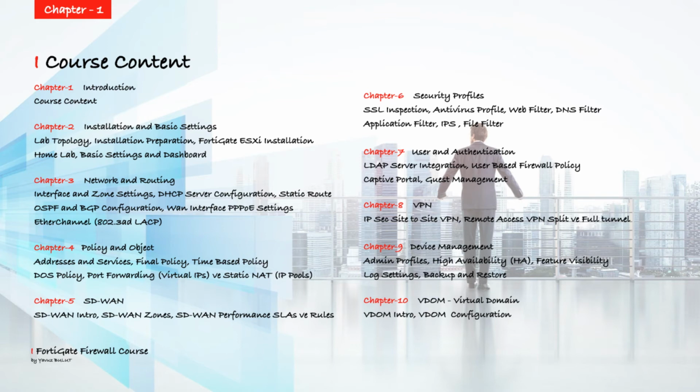When we come to the eighth chapter, we will do FortiGate to FortiGate site to site VPN in our first lesson, and in our second lesson, we will make an IPsec VPN example from FortiGate firewall to Cisco router. In our third lesson, we will study remote access VPN. In this lesson we will make an example of split tunnel, and in the next lesson we will complete the VPN by making a full tunnel example.